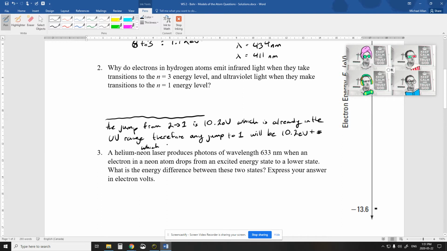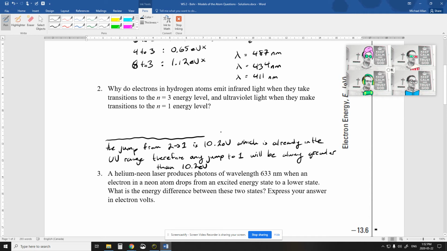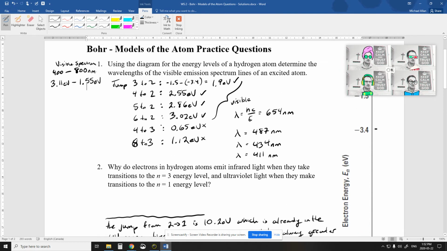Which, actually, I'm going to write that differently. It will be always greater than 10.2. That's a better way to say this. Okay, that's the reason why it's always ultraviolet. And then you could probably say